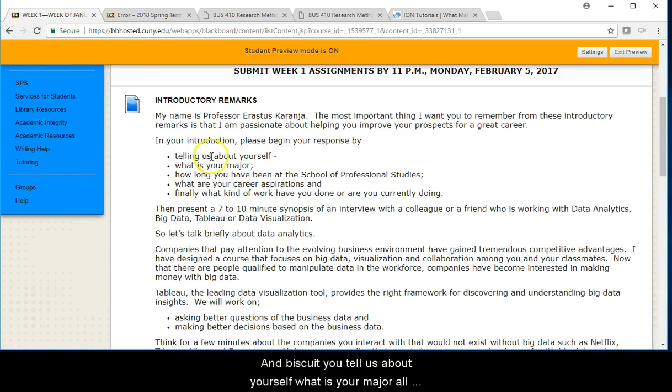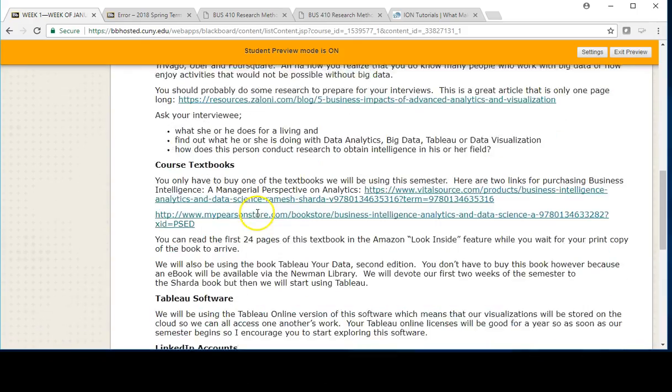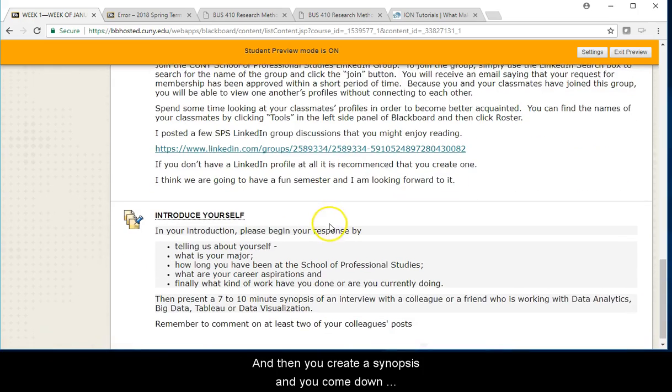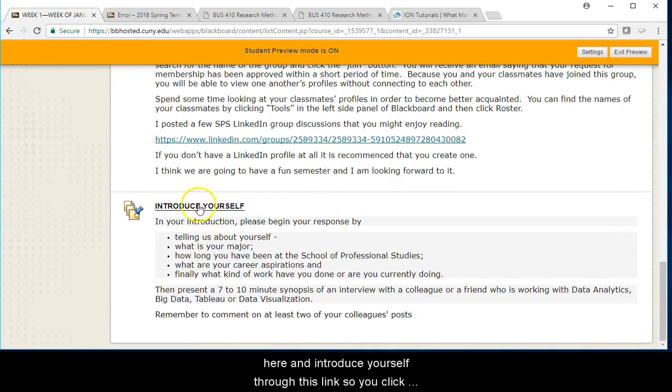And basically you'll tell us about yourself, what is your major, all the way down like that. Talk to somebody who is in the data analytics field and ask them how they are analyzing the data, what kind of software they are using, and then you create a synopsis